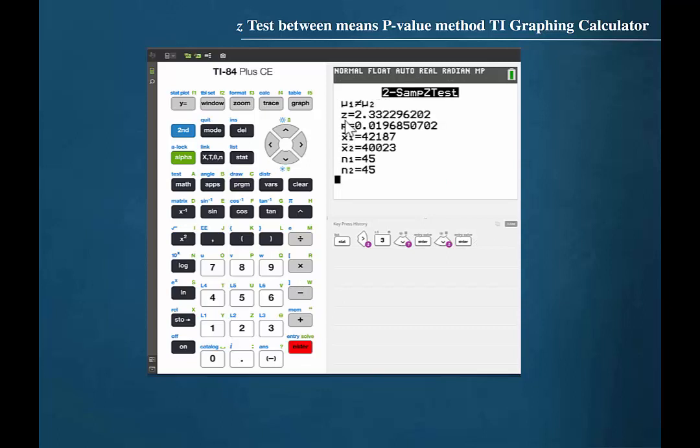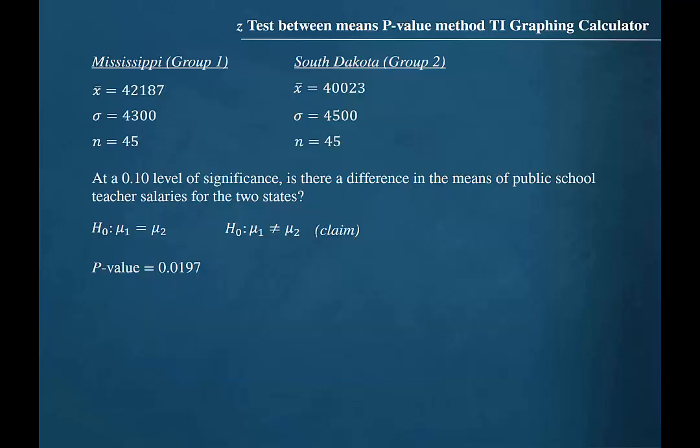We are given the z-test value as 2.33, as was calculated using the formula in the previous video. We are also given the p-value as 0.0197 when we round to 4 decimal places. So the p-value is 0.0197. Recall that the rule for using the p-value in hypothesis testing is that if the p-value is less than